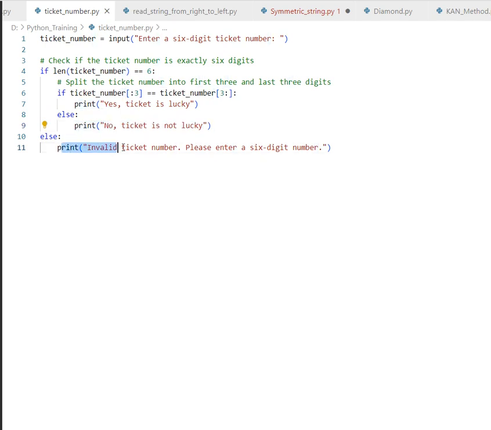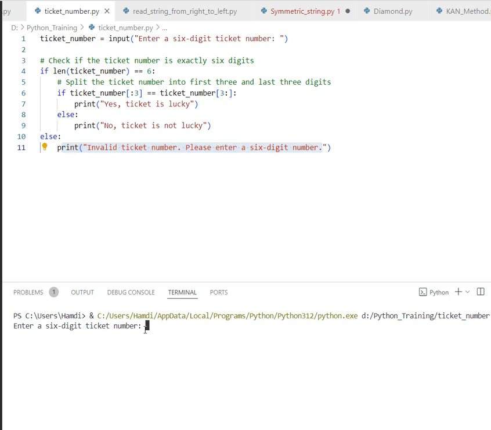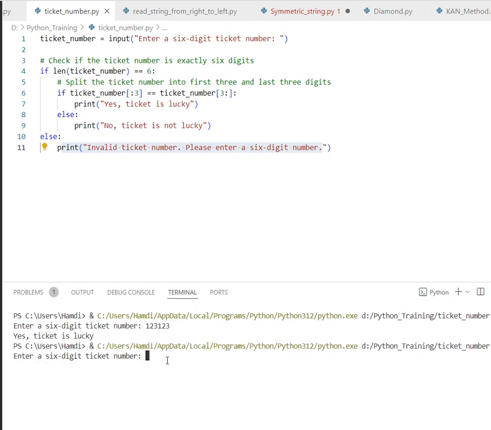However, if the length of the ticket number is not 6, it prints invalid ticket number, please enter a 6-digit number. As you can see, also, as you can see,